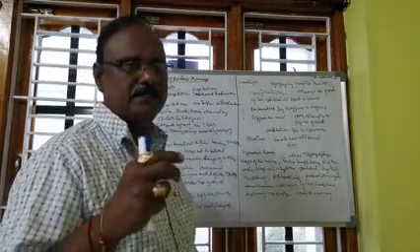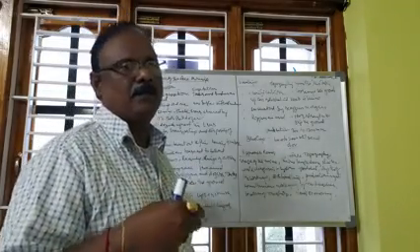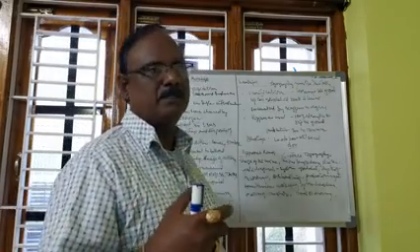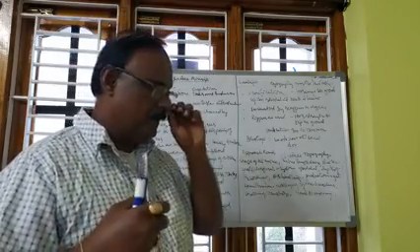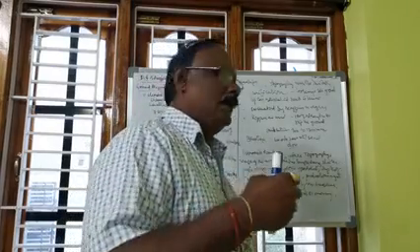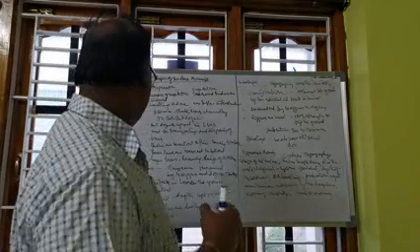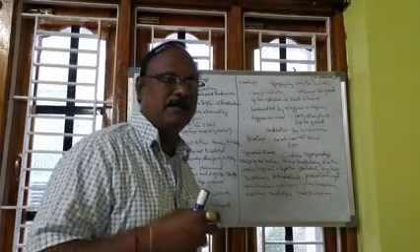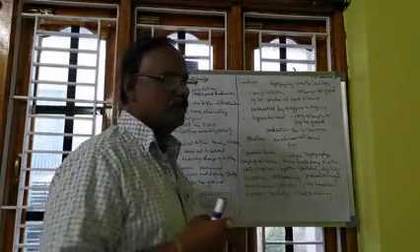There are a number of phases when we do mining in the underground: drilling, blasting, loading, transportation, like that. The conventional mining is split into different phases. In a similar fashion, for the OC also, different phases are there, and the first is ground preparation. In the ground preparation, devegetation, grubbing, scarification and leveling are there. These are the first phase of open cast mining, that is the ground preparation.